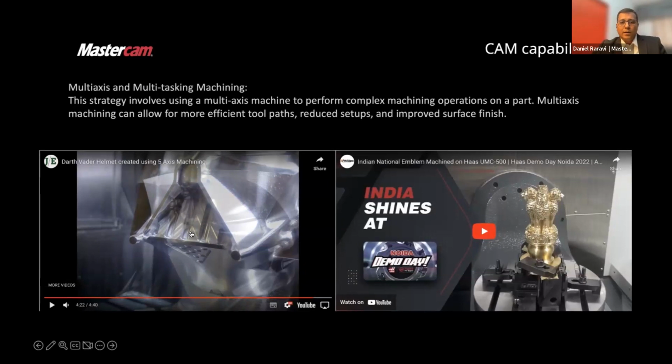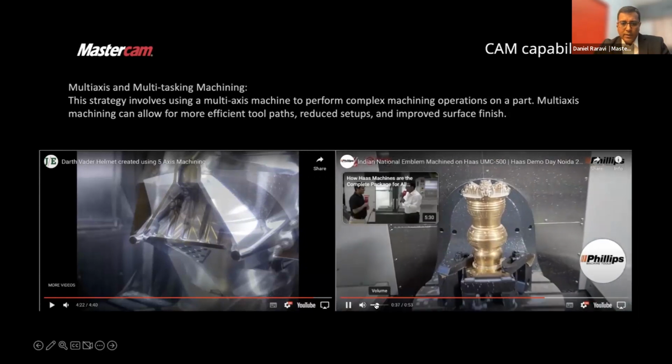So whether it's a complex head type where all the movements of the 5-axis machine are on the head, or whether it's on the table type such as what we saw here in this video, or whether it's a combination of head and table toolpath strategies, the way in which we are able to use very small tools to bring out the detailing in corners such as these is what sets apart modern advanced CAM software in comparison to what it was in yesteryears. Moving aside, let's take a look at another example here.